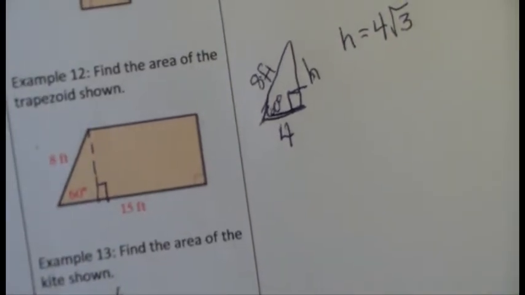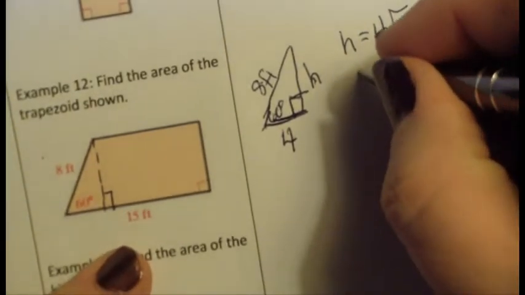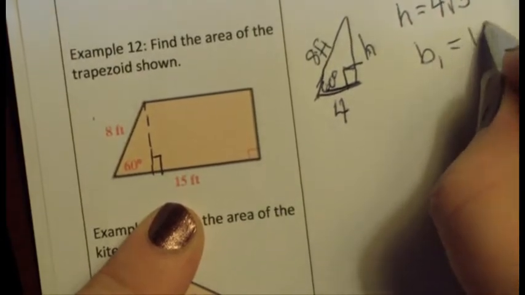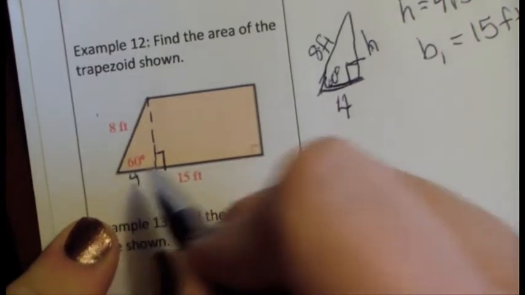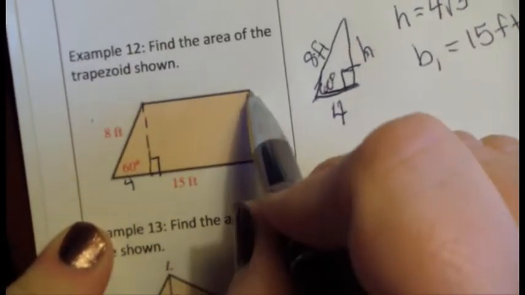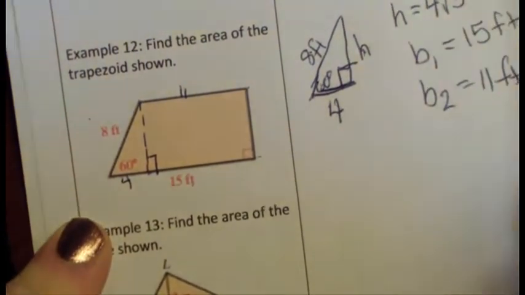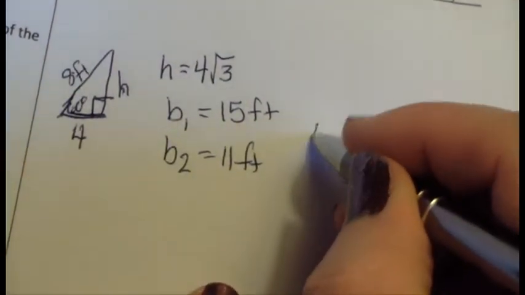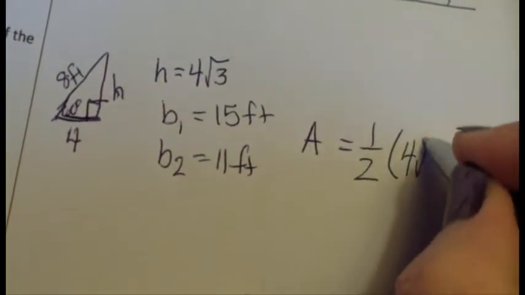Okay, so now we know we've got a base here. In our picture, we'll say base 1 is 15. For base 2, we know this part is 4, so the rest of it, which is base 2, is going to be 15 minus 4, which is 11. So base 2 is 11. So we're going to plug that into our formula. Area is 1/2 times the height, which was 4 square root 3,